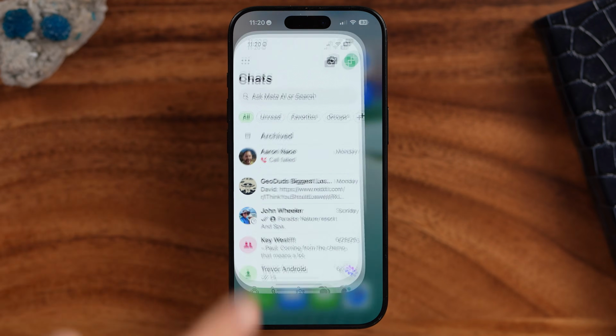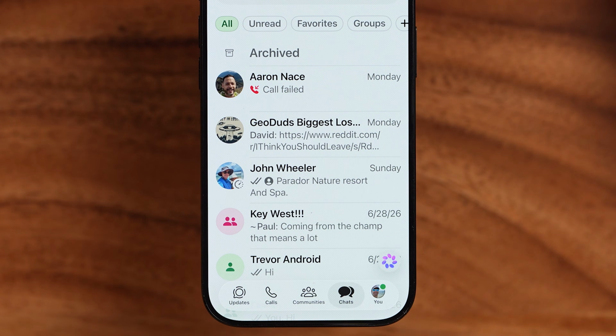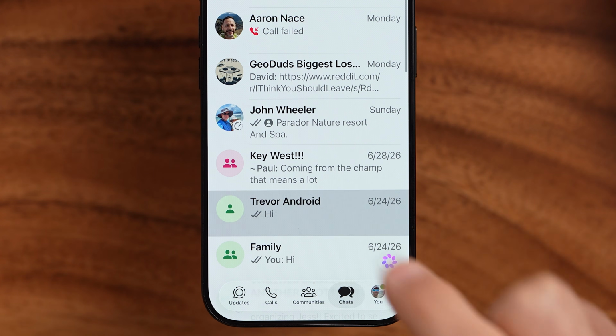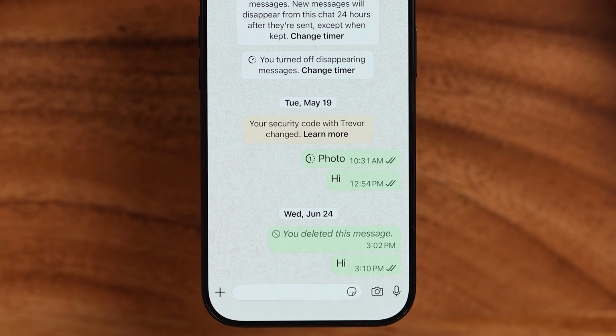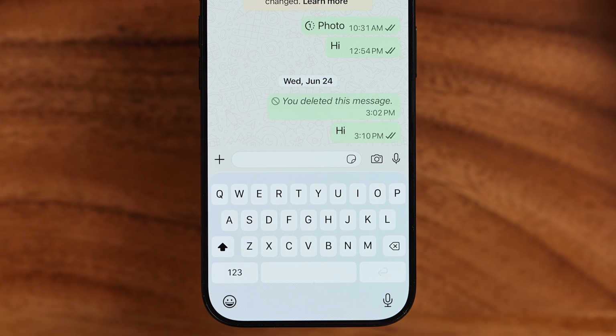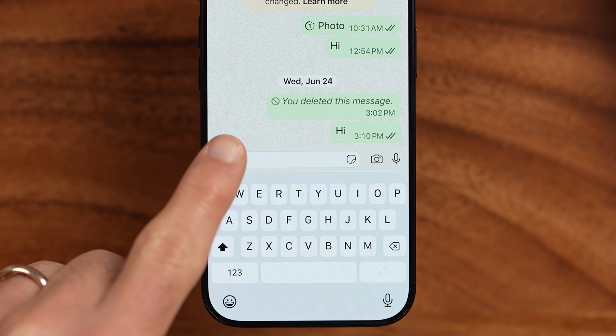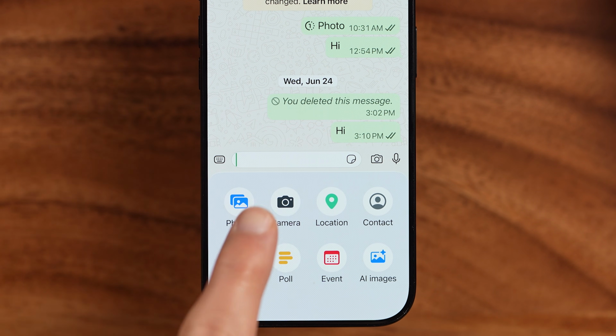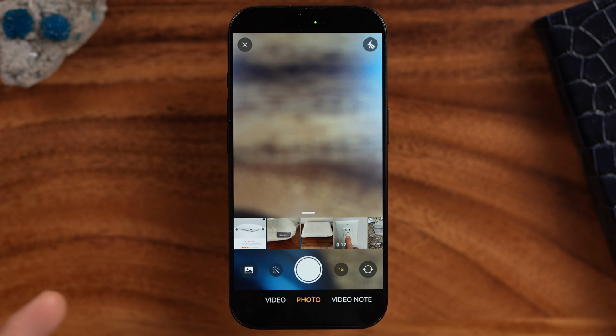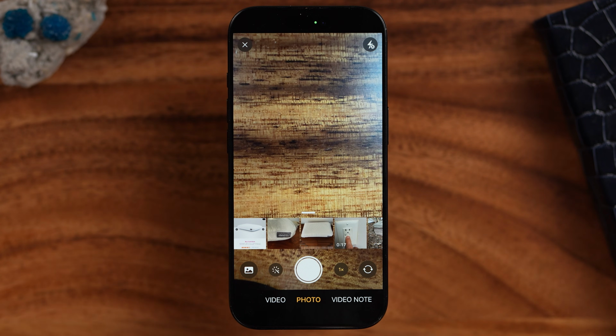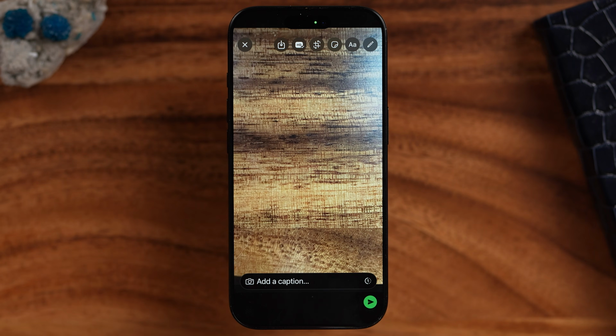Let's open up the WhatsApp app and then just hop into a conversation. I'm just going to message my Android phone here. Now, you can either take a photo live or upload a photo. I'm going to first just take a photo live. So tap on the little plus here, and then I'm going to tap on camera. You can see it pops up with the little camera, and I'm just going to take a photo of my